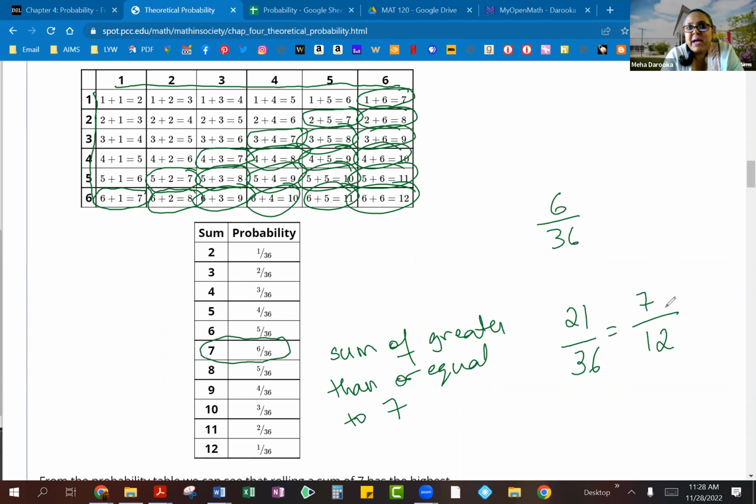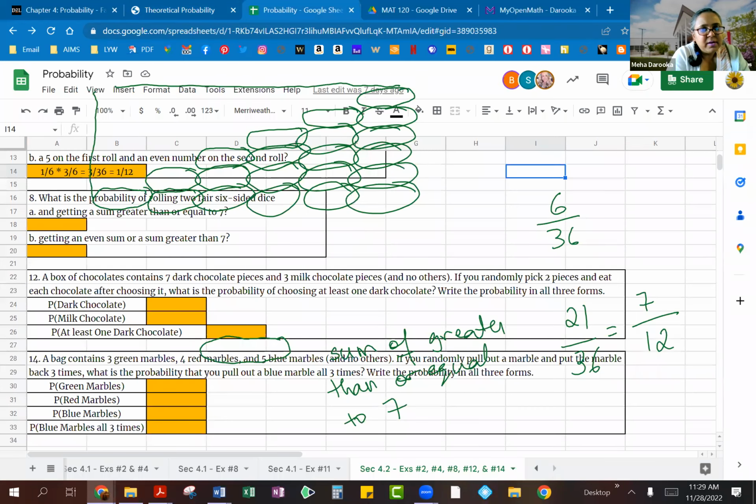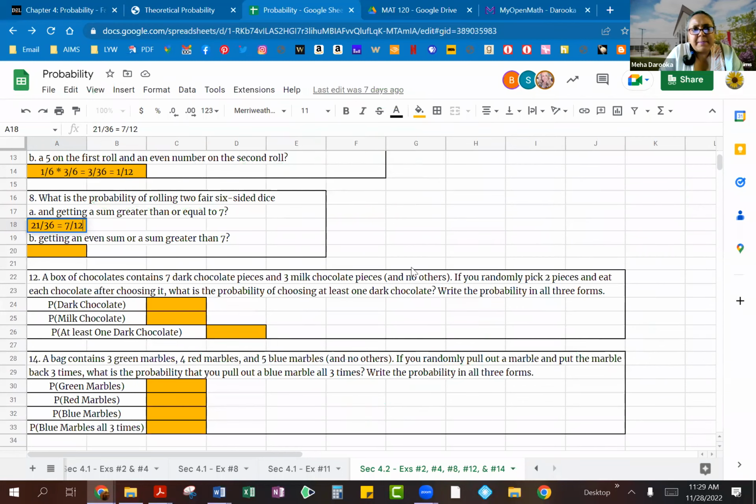So remember, sometimes just doing a simple sample space can help you out. You can come up with how many outcomes satisfy the condition or event I'm looking for, and then break it down into a fraction, decimal, or percentage. So let's go back over here. In this one, that will be a total of 21 out of 36, which reduces down to 7 out of 12. And then, again, guys, if they ask you, especially like in my open maths, do they want